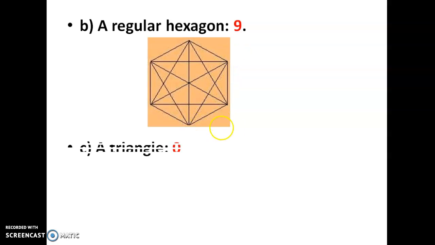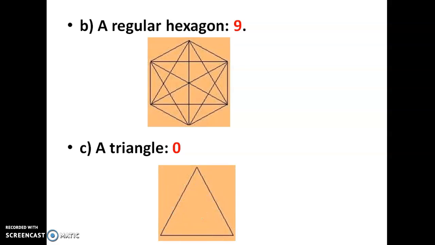Okay, so from here to here, to the opposite. From this vertex you can have 1, 2 and opposite here. Okay, so you are having 3 diagonals here. Then for this point, 1, 2, 3. Okay, then 1, 2, 3. So if you count, you will have 9 diagonals. Then for triangle, already we saw in the previous video, for a triangle we can't draw a diagonal. Okay, there is no non-consecutive vertex, so we can't draw.